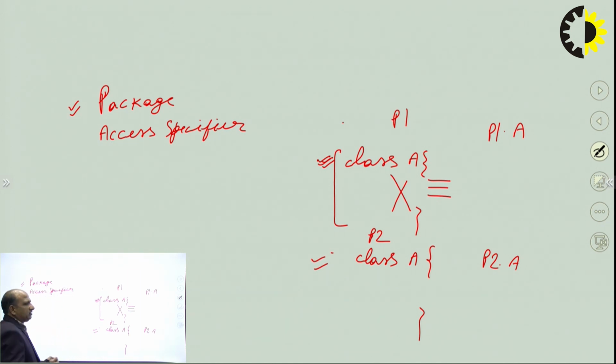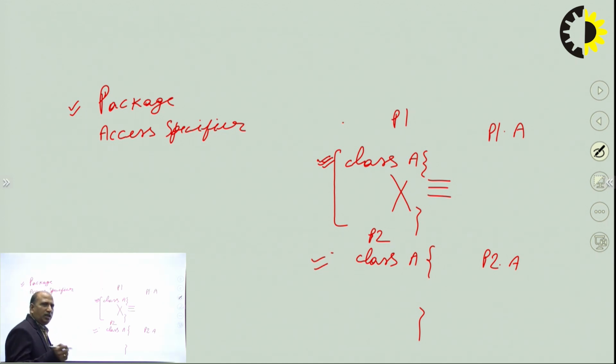Now what the package is? In a package we put a number of classes and interfaces, which means a package is a collection of classes and interfaces. Class, what is the class? We already know. What the interface is? We already know. So a package contains some classes and some interfaces. Java provides its library functions within different packages,